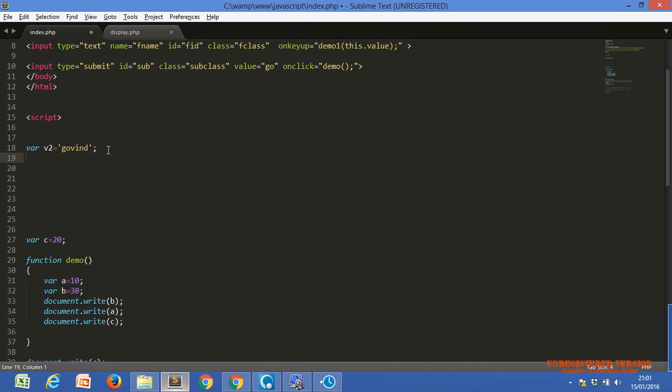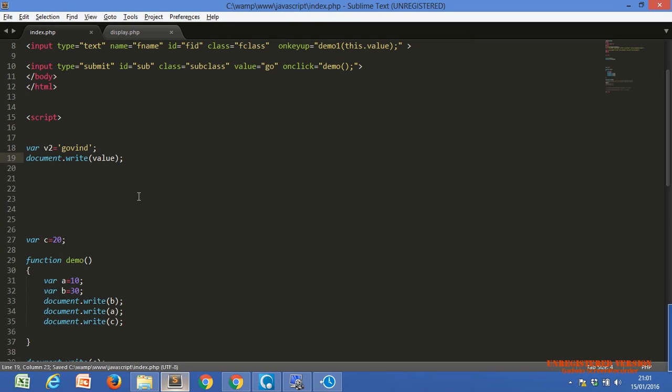Then document.write, one kind of echo function, same as echo or printf in PHP.